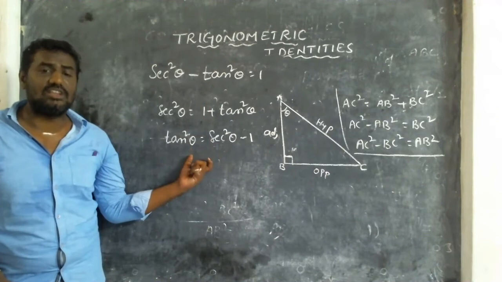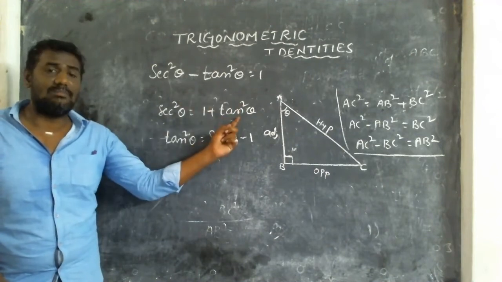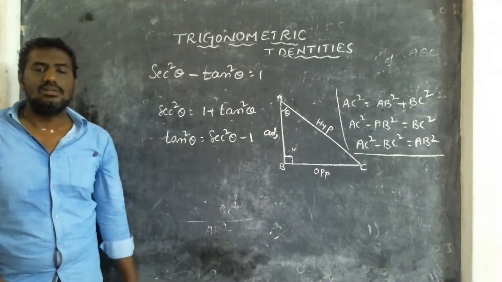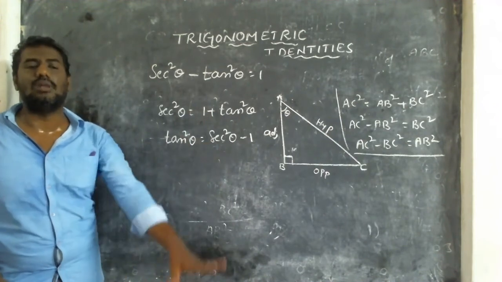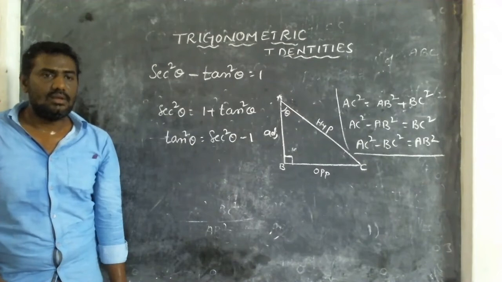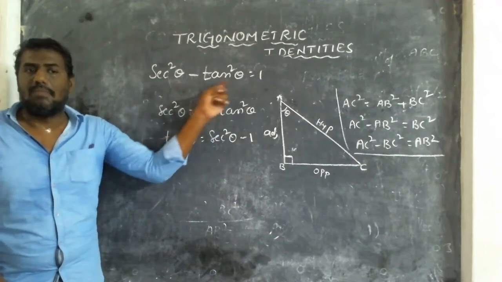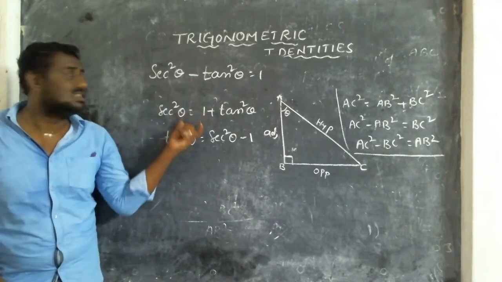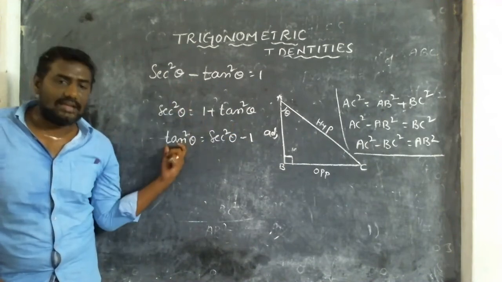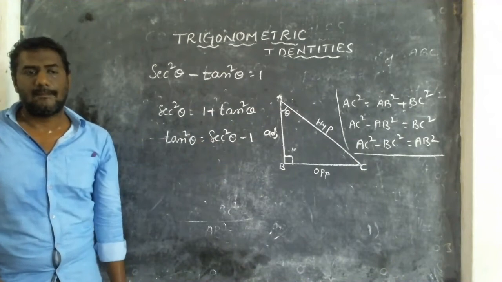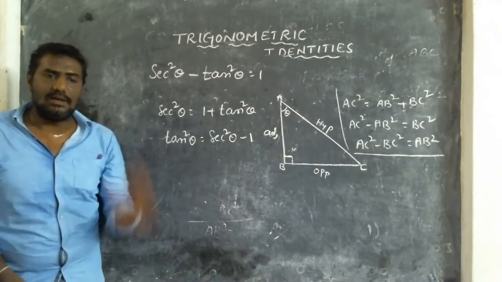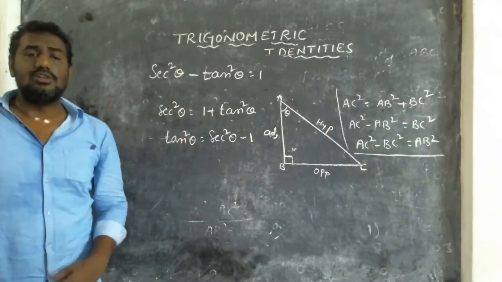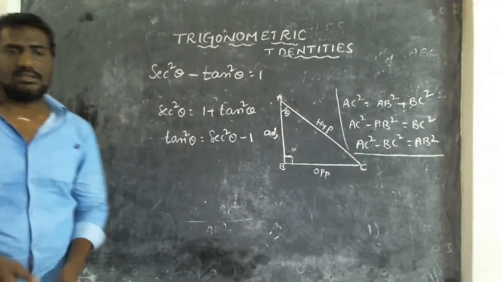If you learn the identity, we can write these two relations very easily. Minus tan square, if you send to the other side, becomes plus tan square. From this, send 1 to this side, then tan square equals sec square minus 1. So I cannot help you in this mode. You have to learn these formulas by heart. Okay, children. So sec square minus tan square equals 1, and from this we write two relations: sec square equals 1 plus tan square and tan square equals sec square minus 1. These two formulas you have to learn by heart. Without learning these two formulas, I cannot help you.